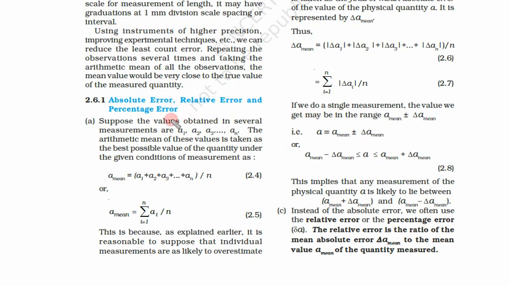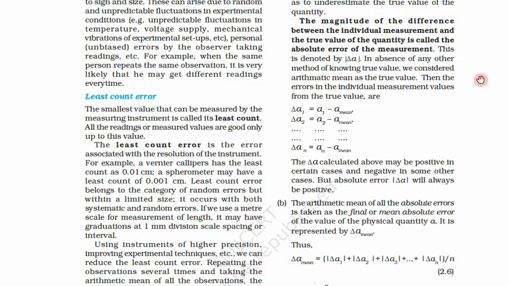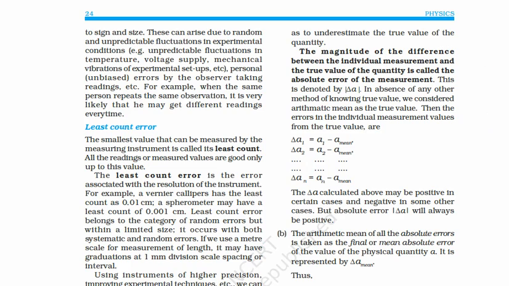So we have learned about absolute error. So how did we calculate absolute error? We do some measurement, let us say n times: 4 times, 5 times, 7 times, n times. First we calculate the average value of that quantity which we want to measure. After that, suppose we have the true value, then we simply say that this is the error. Let us say we don't have the true value.